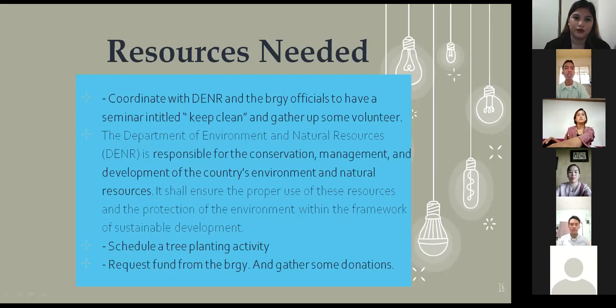So the resources needed is coordination with the DENR, and the DENR is one of the organizations that knows how to protect our forests and natural resources. Next,